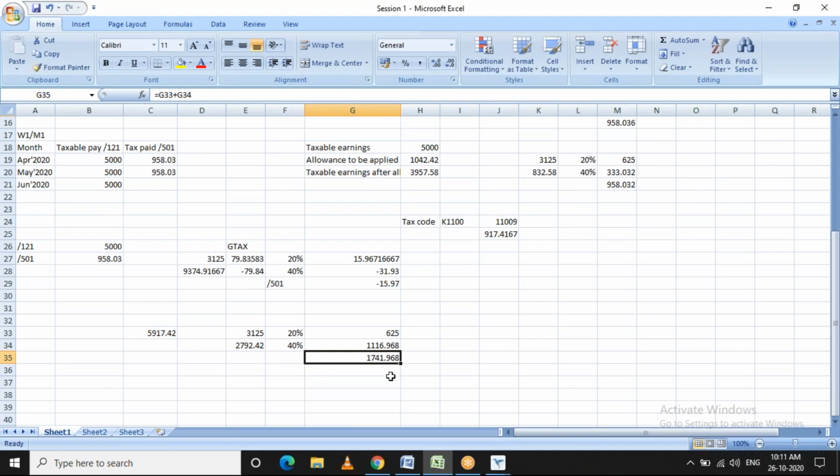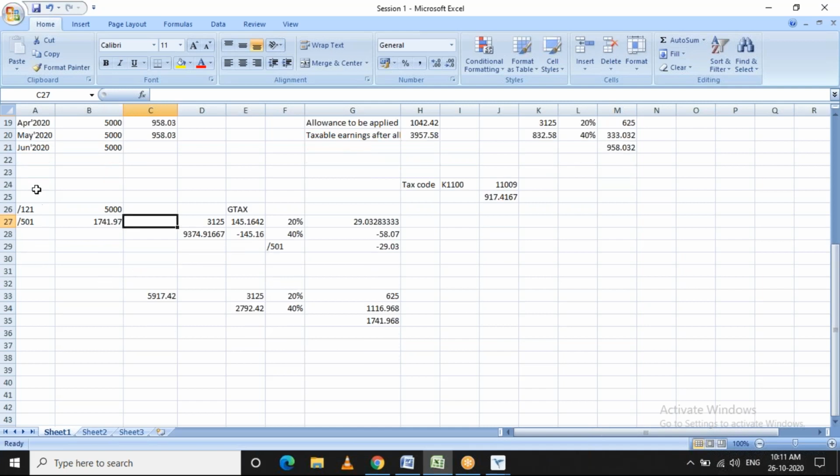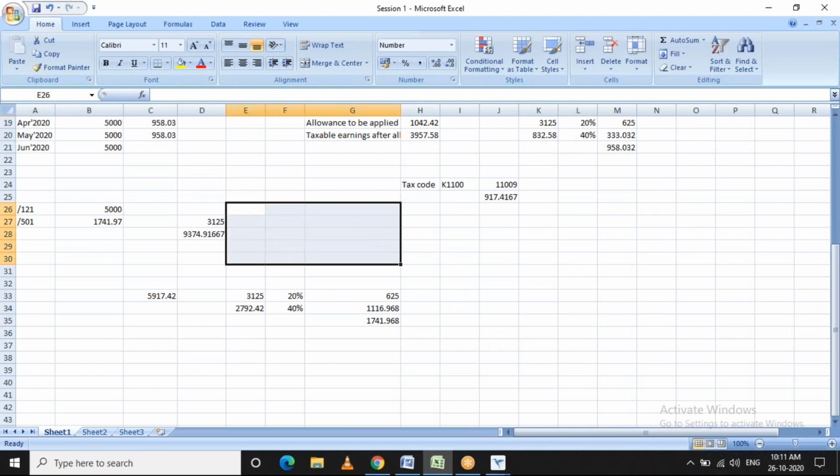So the tax will be calculated as 1741.97. Clear on this? Any doubt here?